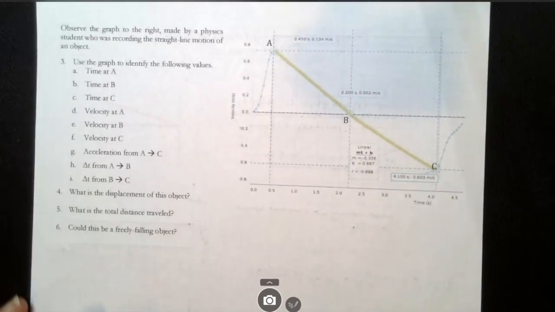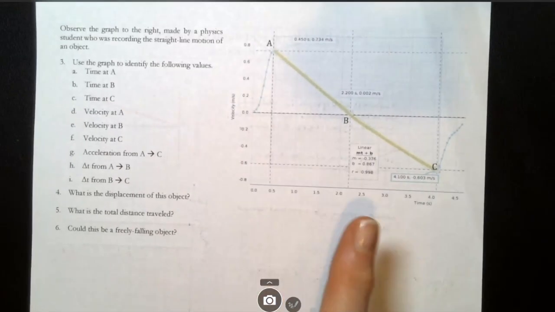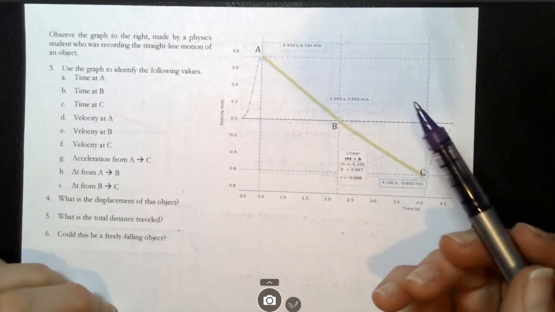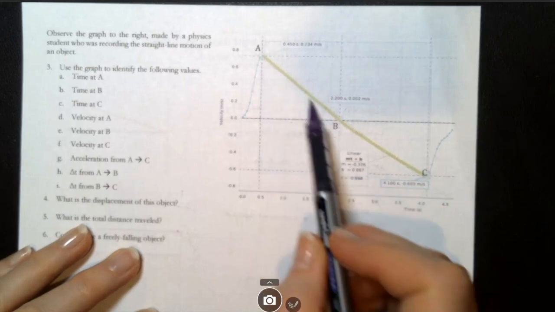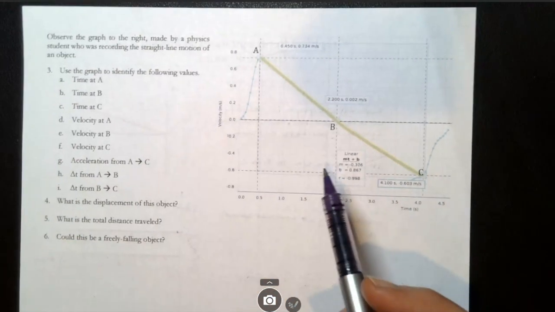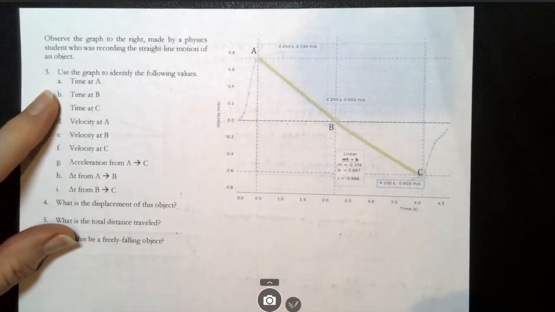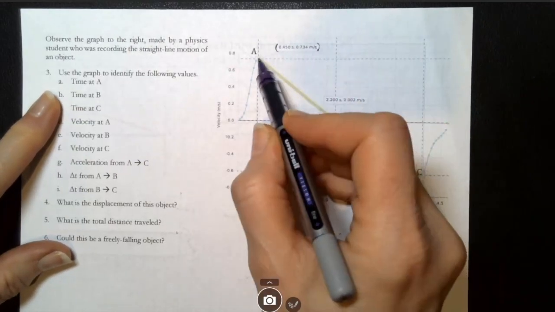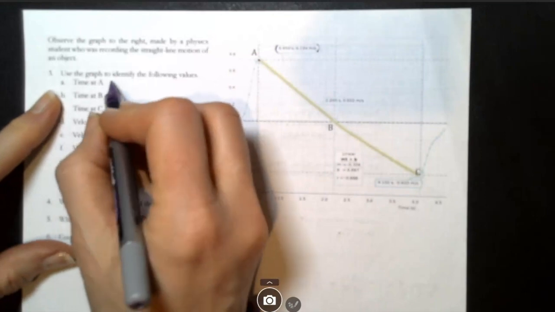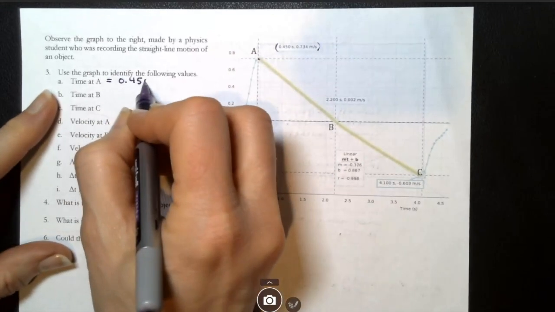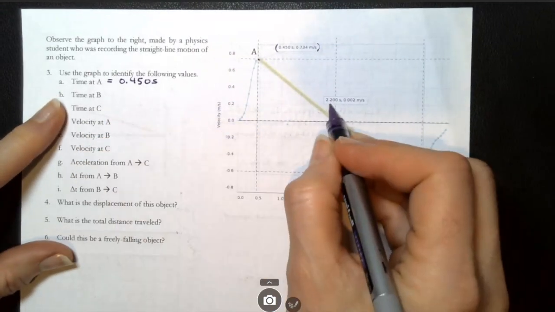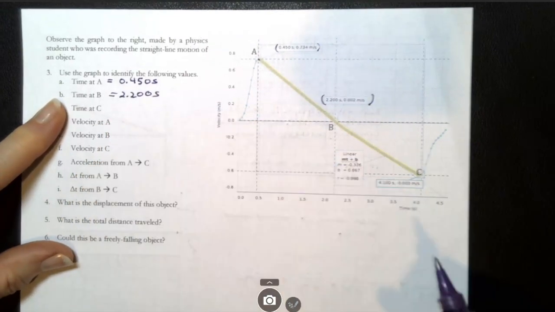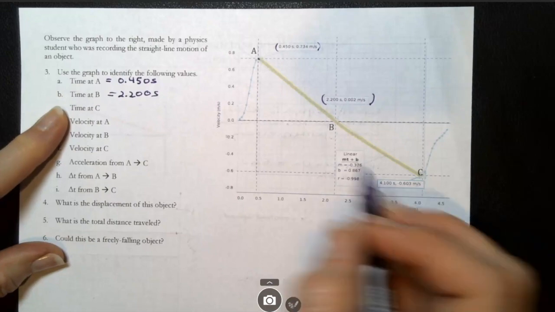Last question. You're given a graph, and this is actually from Capstone for the actual motion of an object. We're going to interpret this graph, the part that's highlighted, this yellow highlighted part. It says, use the graph to identify the values. So here is the coordinate for point A. The time is 0.450 seconds. The time at B, here's its coordinate, is 2.200 seconds. And then at point C is